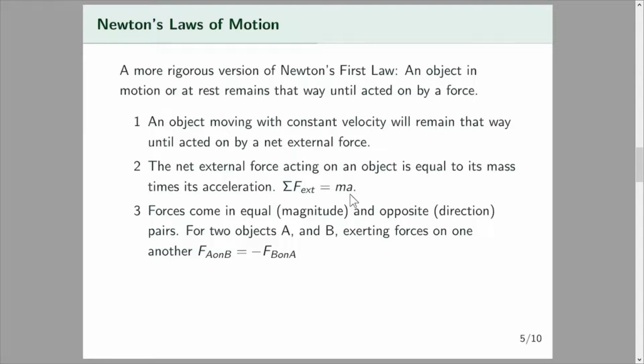And finally, Newton's third law, which said for every action there's an equal and opposite reaction, is really about forces. What it says is that forces come in equal and opposite pairs, equal in magnitude and opposite in direction. So for two objects A and B exerting forces on one another, the force due to A on B is equal to the negative of the force due to B on A. And so let me go back to